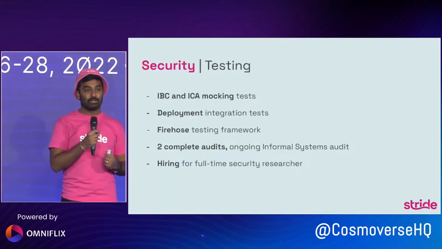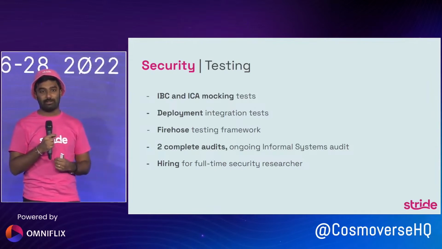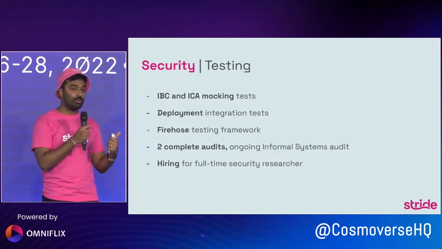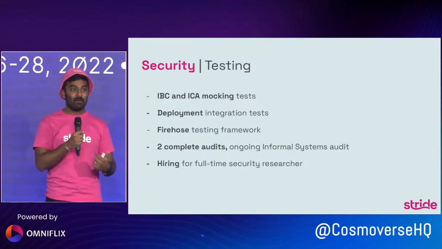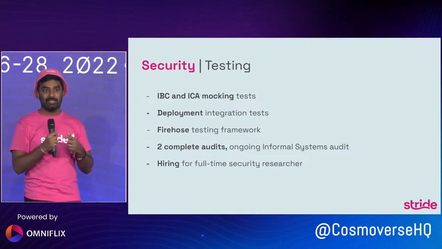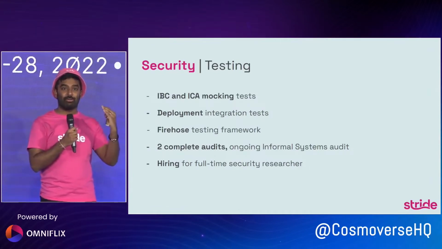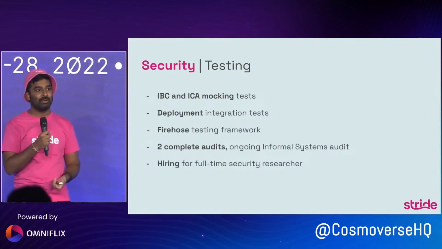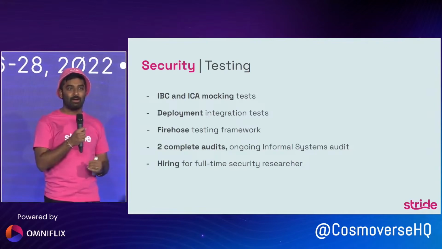First, testing. We've done a lot of work to try to test our entire code base before rolling out into production. This starts off with unit tests. Stride is one of the heaviest users of ICA today, and we built out one of the first really full-featured ICA unit test cases. So anytime you make a code update, these tests will automatically run through the entire suite of Stride functionality to make sure everything is okay. But it doesn't just stop there.